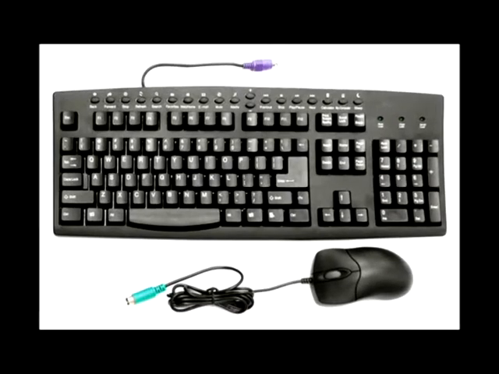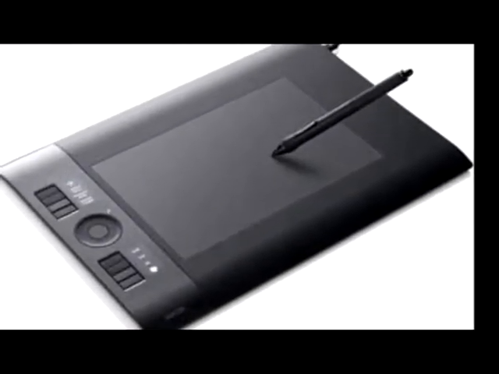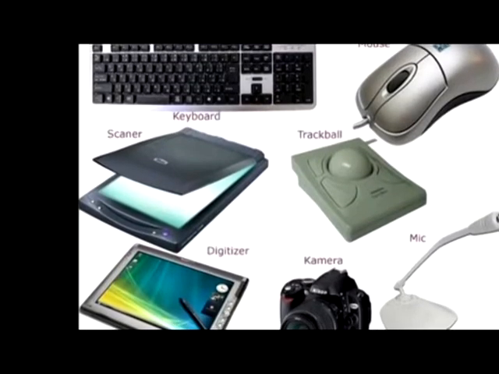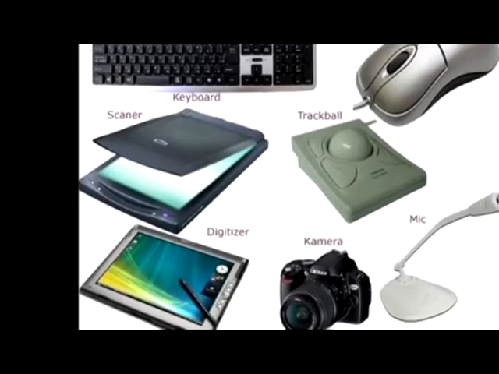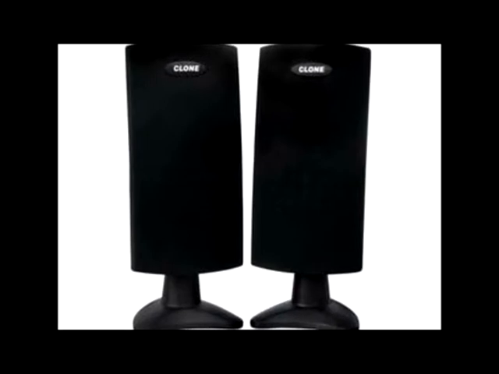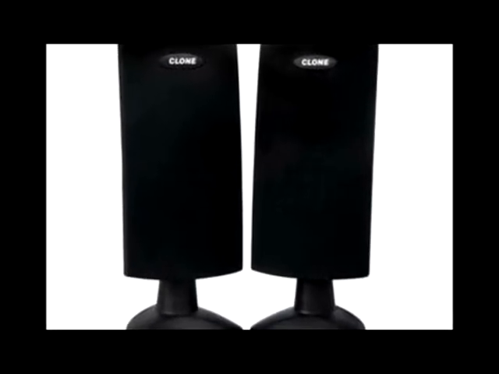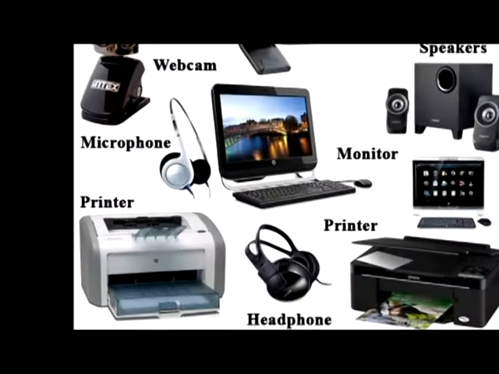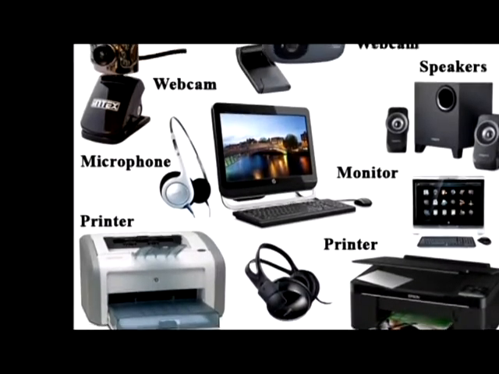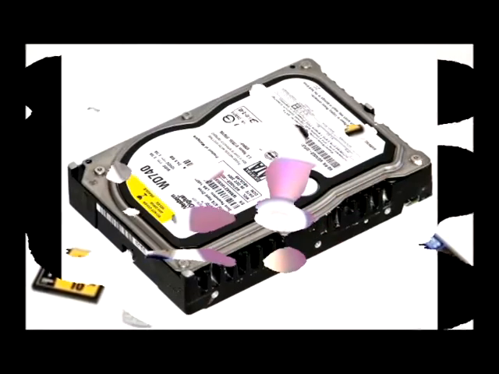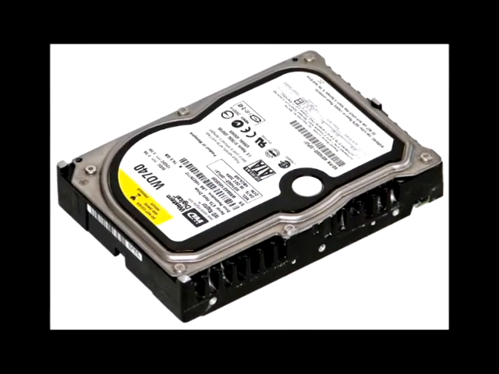Input devices is a peripheral used to provide data and control signals to the computer. Example of these are output devices, on the other hand, used to transfer data out of the computer in the form of text, images, sounds, or other media. Example of these are lastly, storage device is a device for recording or storing information or data. Examples are